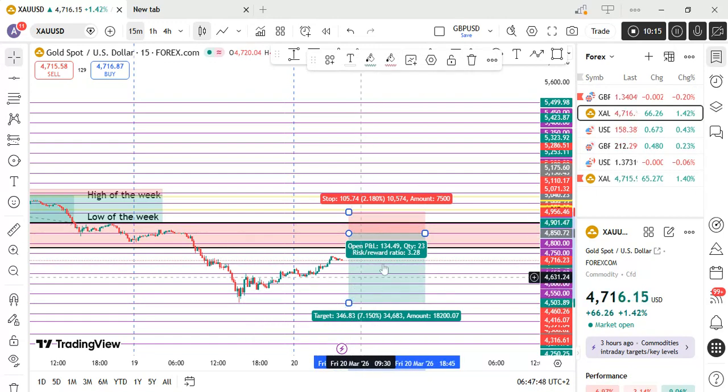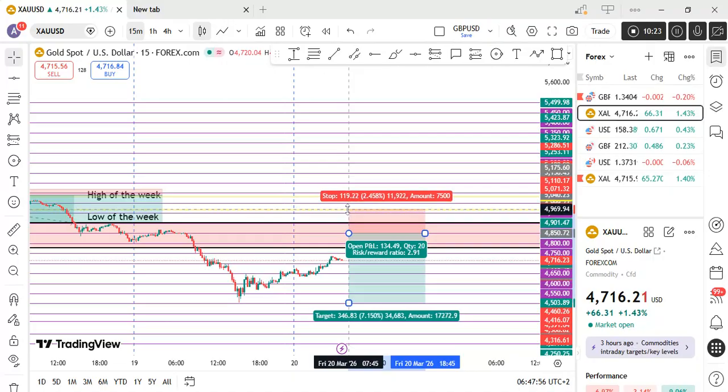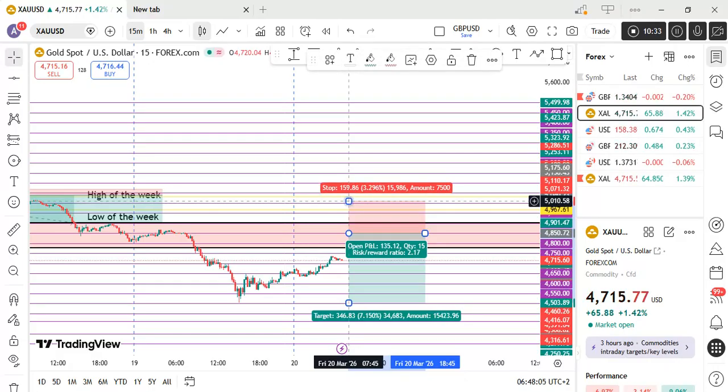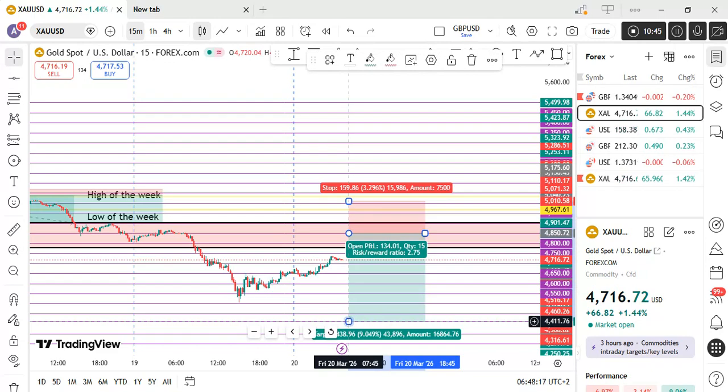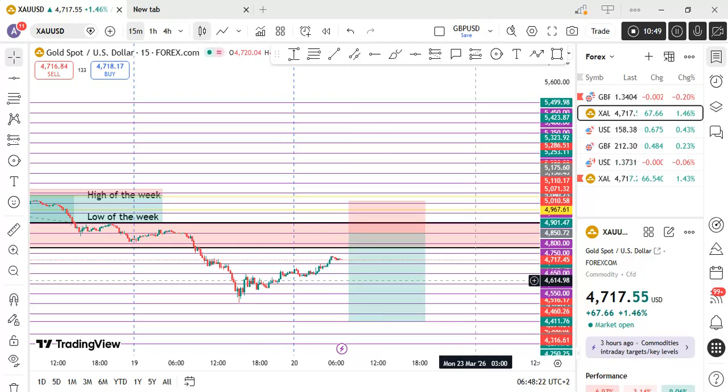Then what am I going to be doing? My stop loss is definitely going to be around, let's say, 20 pips, or 15. Yeah, let's say 15 pips is okay. Then we're going to target times two or times three of that in take profit, around 43 pips, which gives us a risk-to-reward ratio of 2.75, which on any given day is a very good setup.